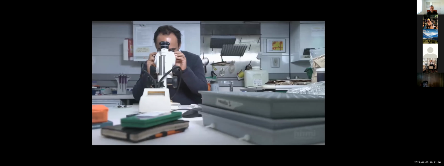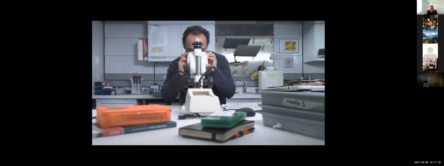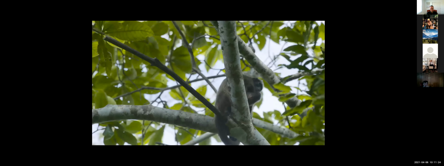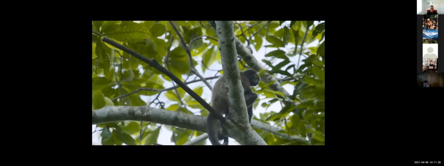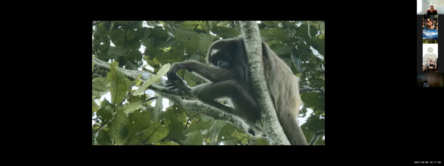In the Middle Magdalena, these spider monkeys can disperse about 100 species or maybe more. As we learn about the important role of spider monkeys in dispersing the seeds of many plants, and at the same time we see how populations are declining, we start to worry a lot about the future of these forests. With fewer spider monkeys, the forest is less able to regenerate, further decreasing the spider monkey's habitat.